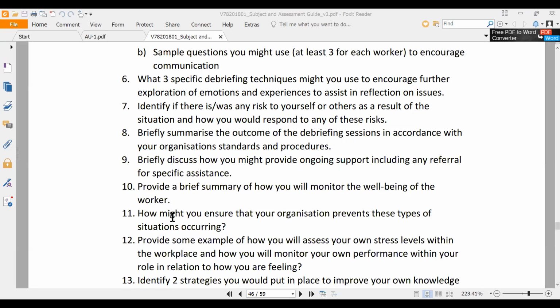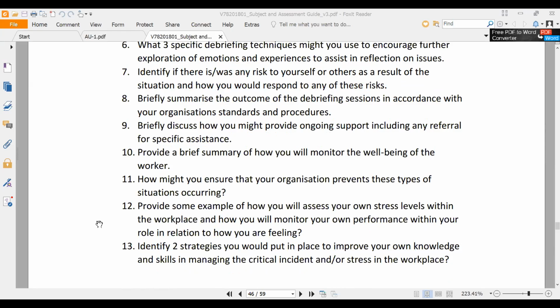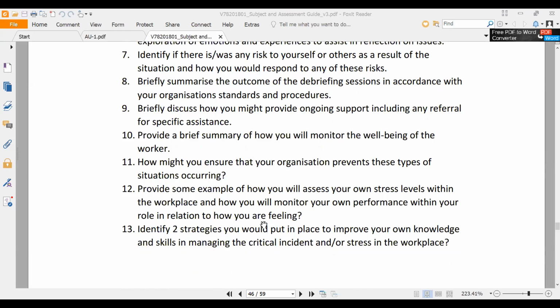You might find that you're not feeling very valued. You might find that you're getting unreasonably upset about certain situations which in the past you used to deal with. So you could talk about those sorts of situations and how you would follow through and address that. And identify 2 strategies you would put in place to improve your knowledge and skills in managing critical incidents or stress in the workplace. So 2